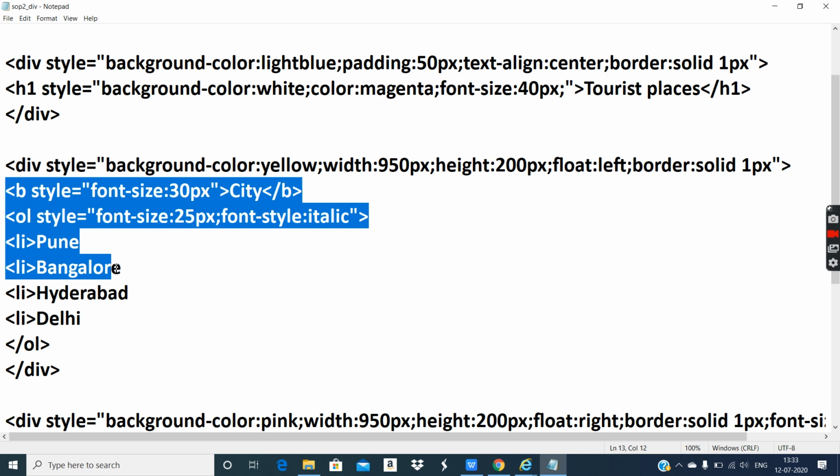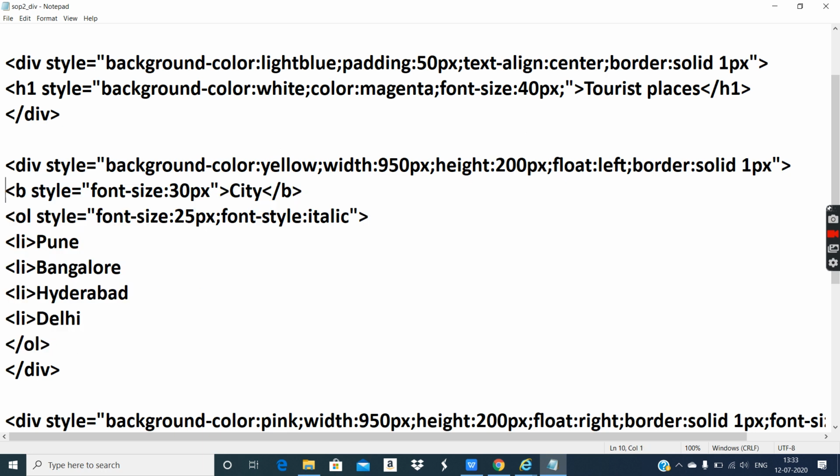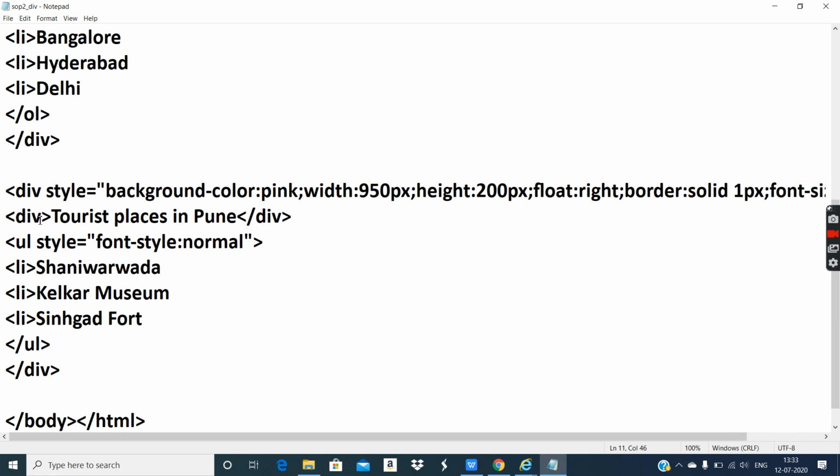I just included each and every section in a division. That's it. Wherever needed I applied float. If you want to note down, you can just take a screenshot or pause the video and note down and execute this. And finally our third section with the help of division tag.